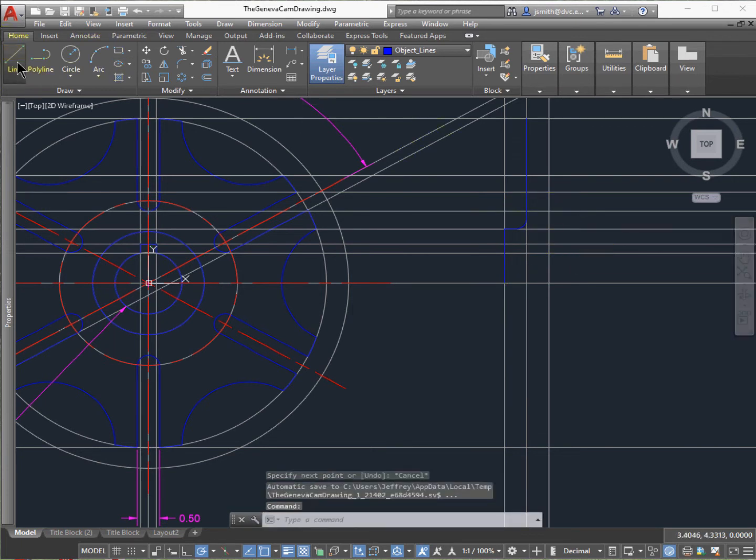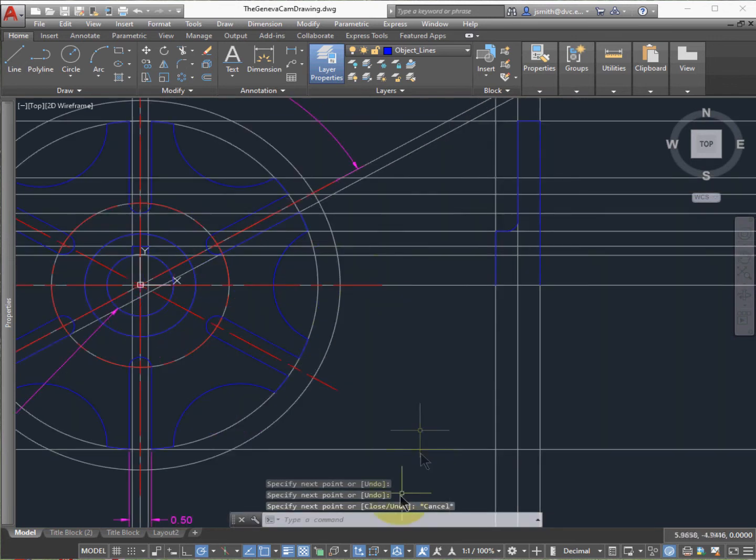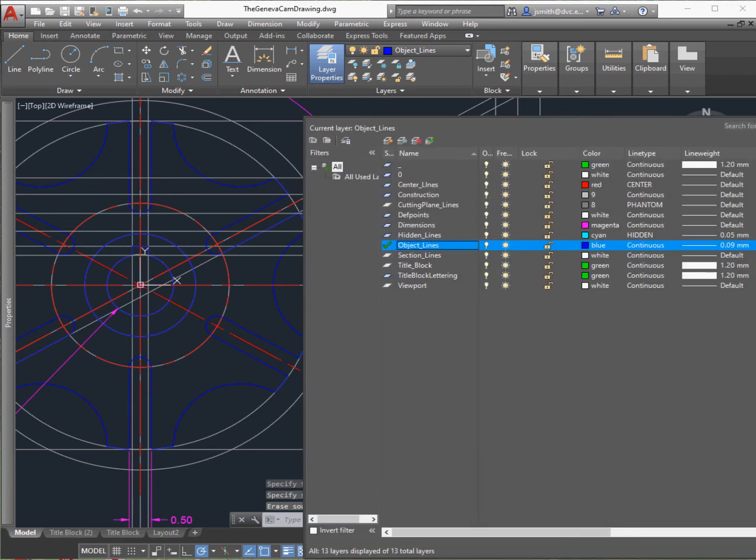All right, and then I'll just mirror it, escape, and the outside is consistent, so I'll go ahead and type in mirror. And then I'll select those object lines there, push enter, select the midpoint, drag it to the left. I certainly don't want to delete it, so no, which is the default. All right, and then